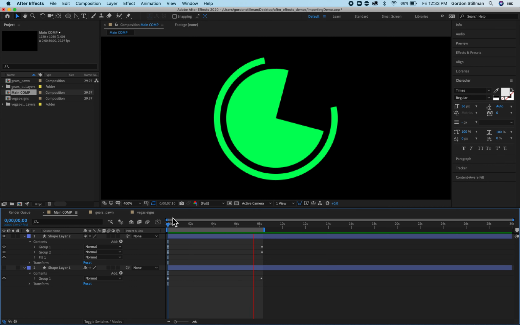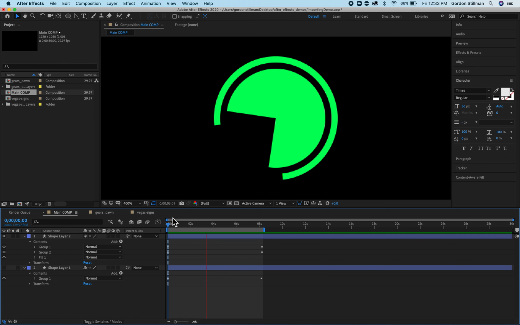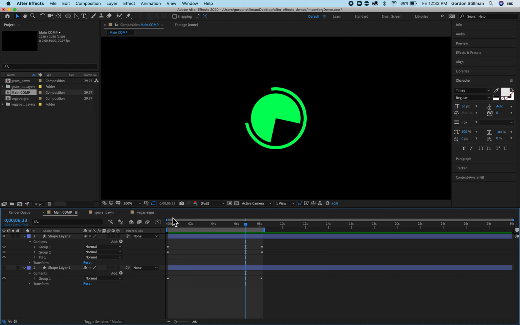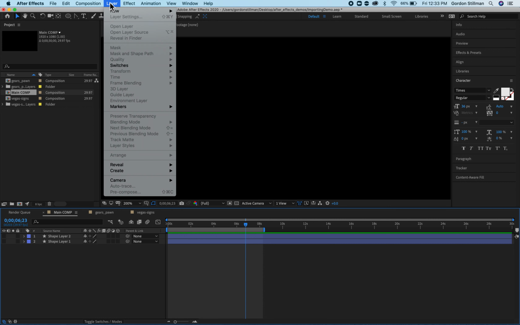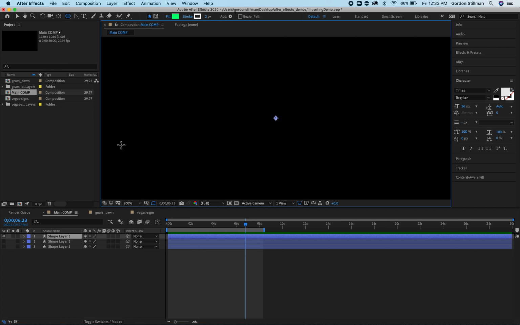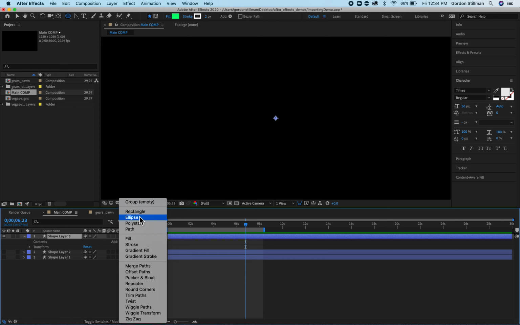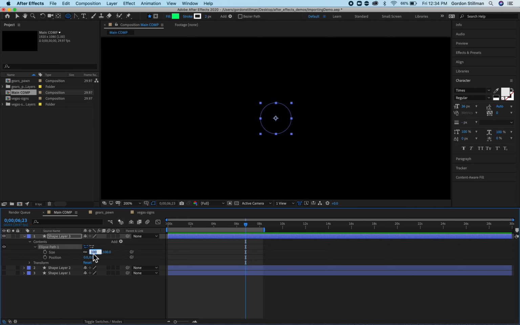So I want to introduce some new concepts. We're still going to make a compound shape using the merge commands, but we are also going to work with groups. So I'm going to go ahead and hide and minimize these, and start by making a new shape layer. Then I'm going to open it up and start adding some ellipses. I'm going to add 3 ellipses, and I'm going to make the first one